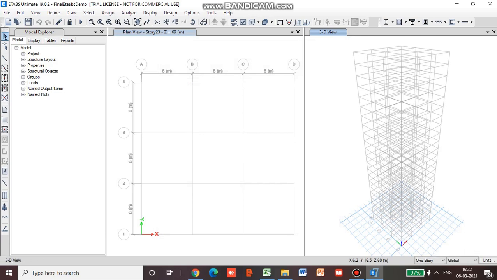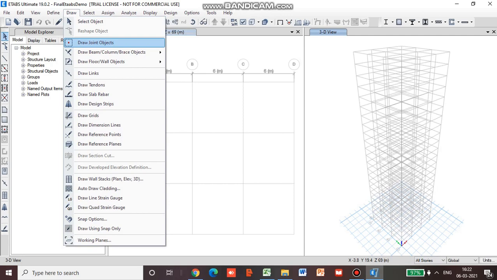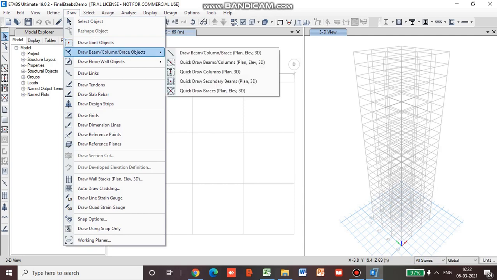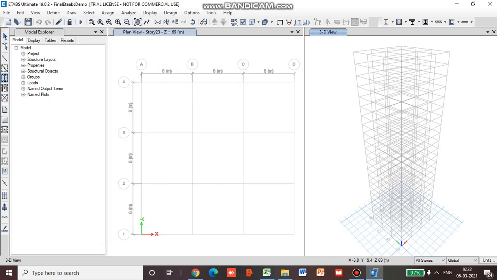So we have finished with defining the materials and the section properties, that is the beam and column auto selection list and the slab section. Now what we have to do is draw all these frame elements. So we will go for all stories here, and we will go for draw, and here draw beam column brace objects. Under that we have quick draw beams and columns. So we will select first quick draw columns,